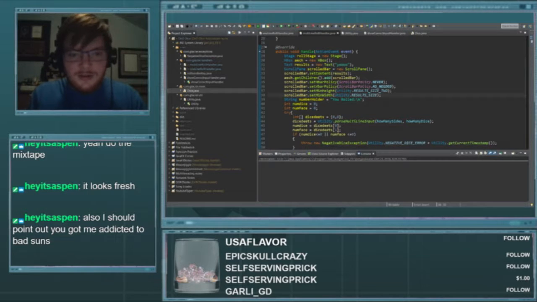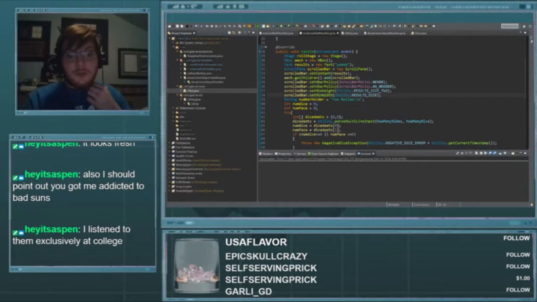Scrolled bar. Added a scroll bar as requested by the beta testers, worried about not being able to see all their dice. And that scrolled bar will be supremely useful when we